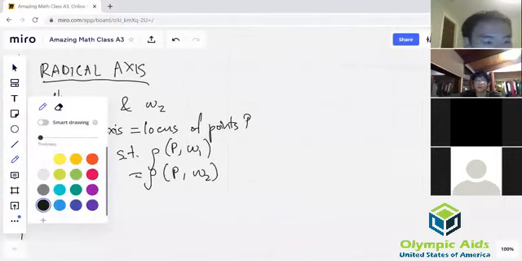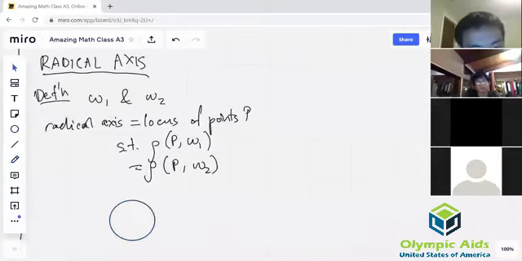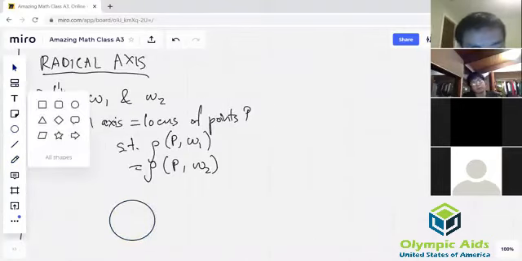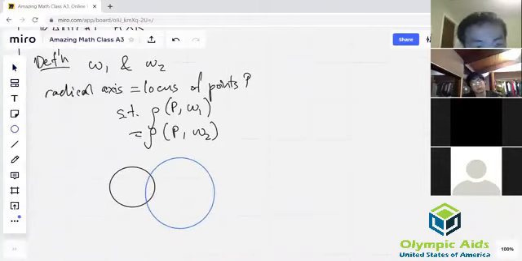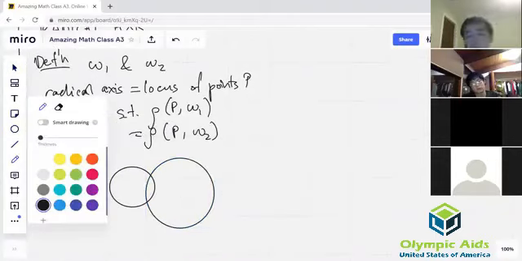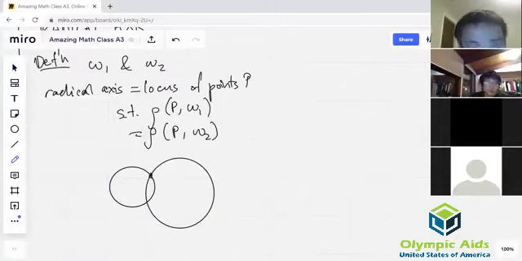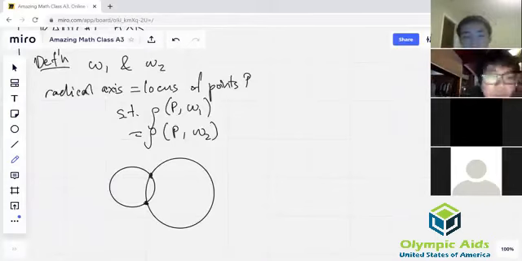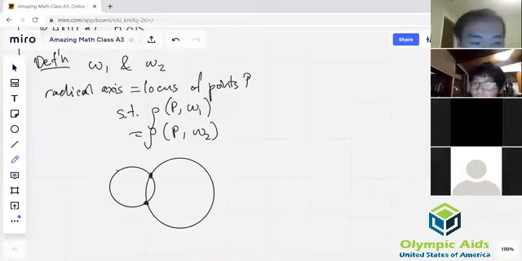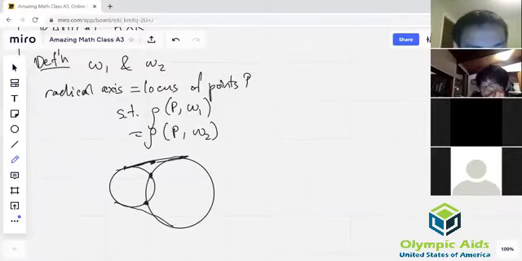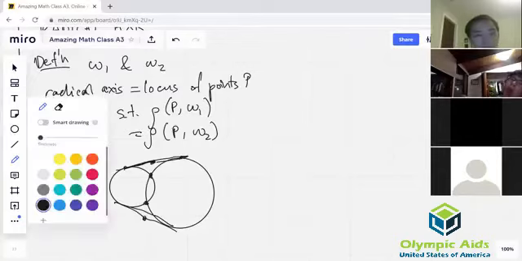To give you an example, we could draw two circles here, one circle here, and another circle here. What points would lie on this locus? Well, we know this point lies on the locus because it has power 0 with respect to both. We know this point lies on the locus. Maybe you could draw the common external tangent. And then if you take the midpoint, you know this lies on the locus because the power is this squared is equal to this squared. Same thing here, this external tangent. And then what you'll find out is that these actually lie on a line,